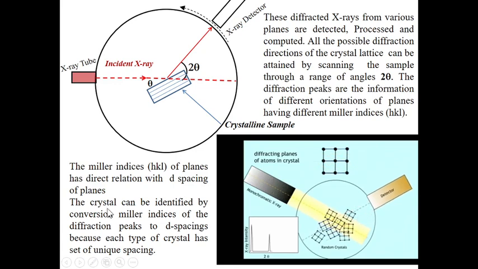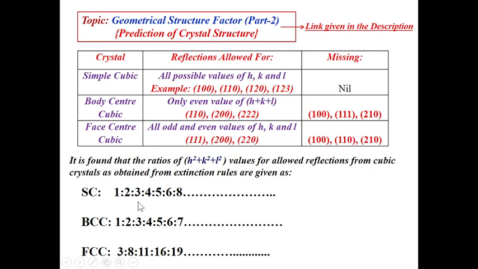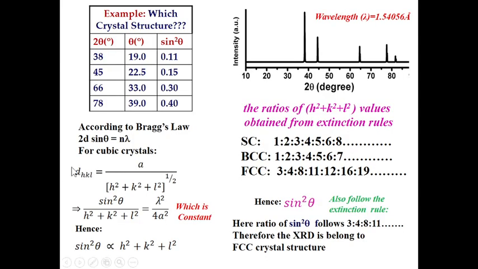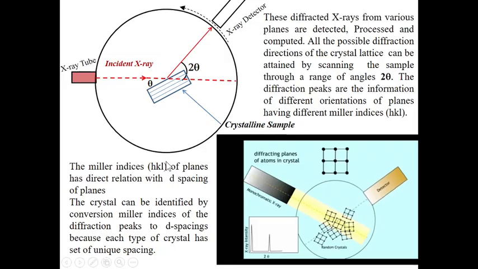How that is, we are going to discuss. And the crystal can be identified by the conversion of the Miller indices of the diffraction peaks to d-spacing, because each type of crystal has a set of unique spacings. So what is the relation? Here this is the relation, that d, suppose we are going to consider